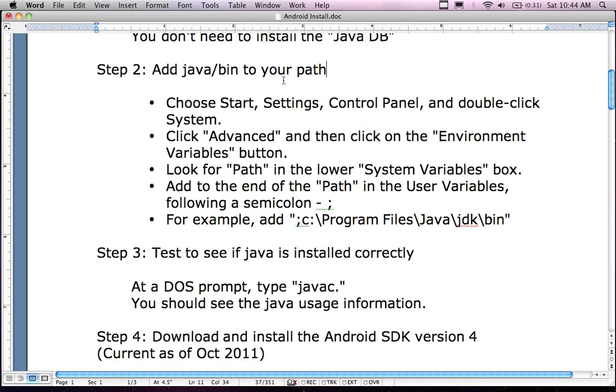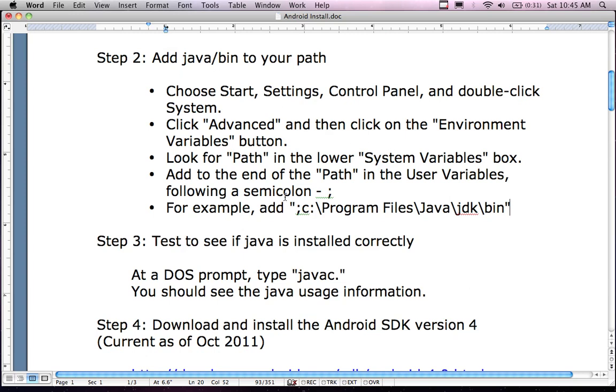I added Java bin to my path. Well, it was already there. If you are still doing step number 2, pause the video and focus on step number 2 right now and finish this step because you're going to need